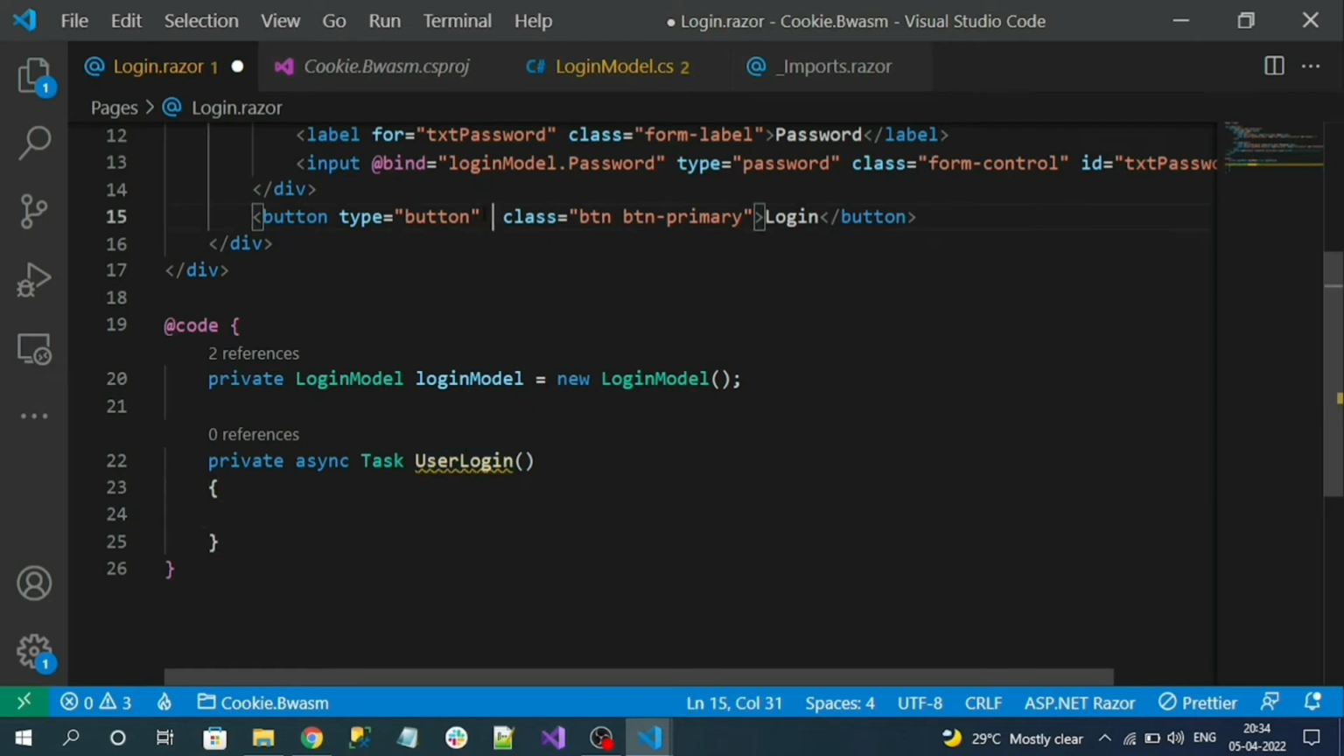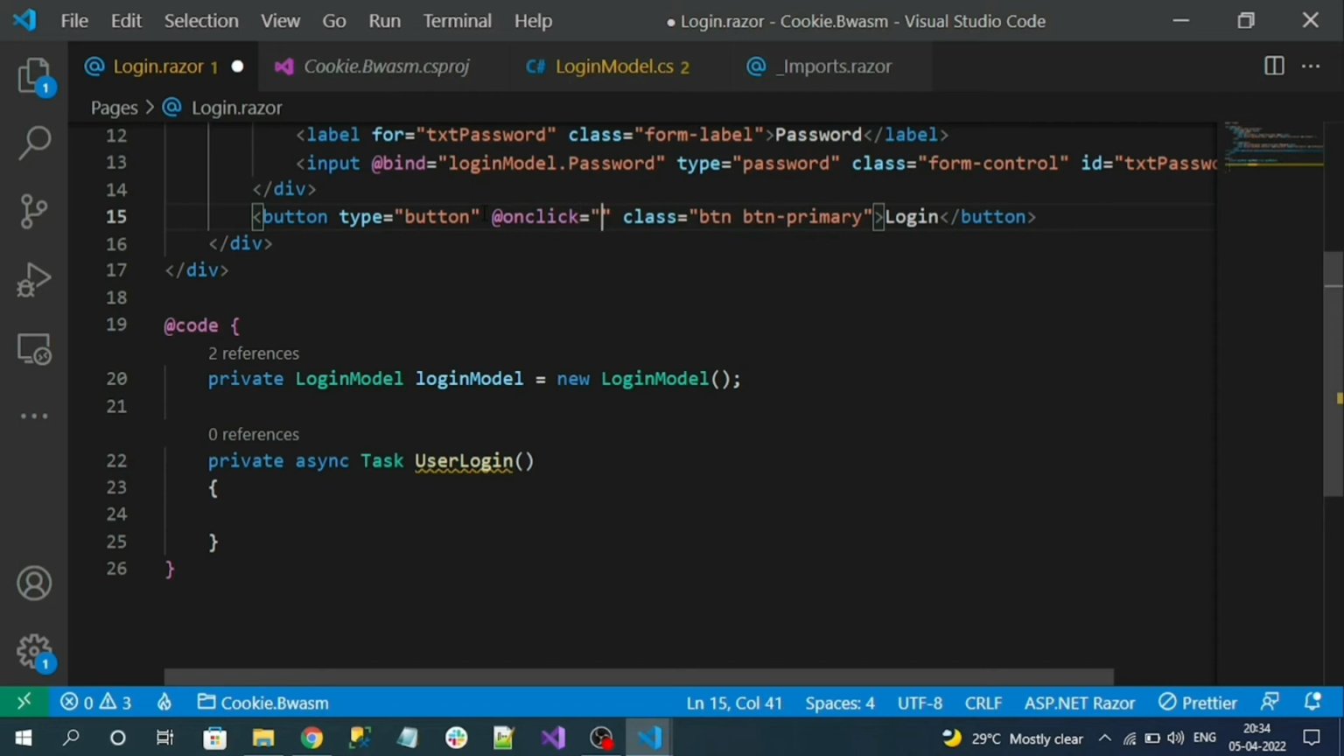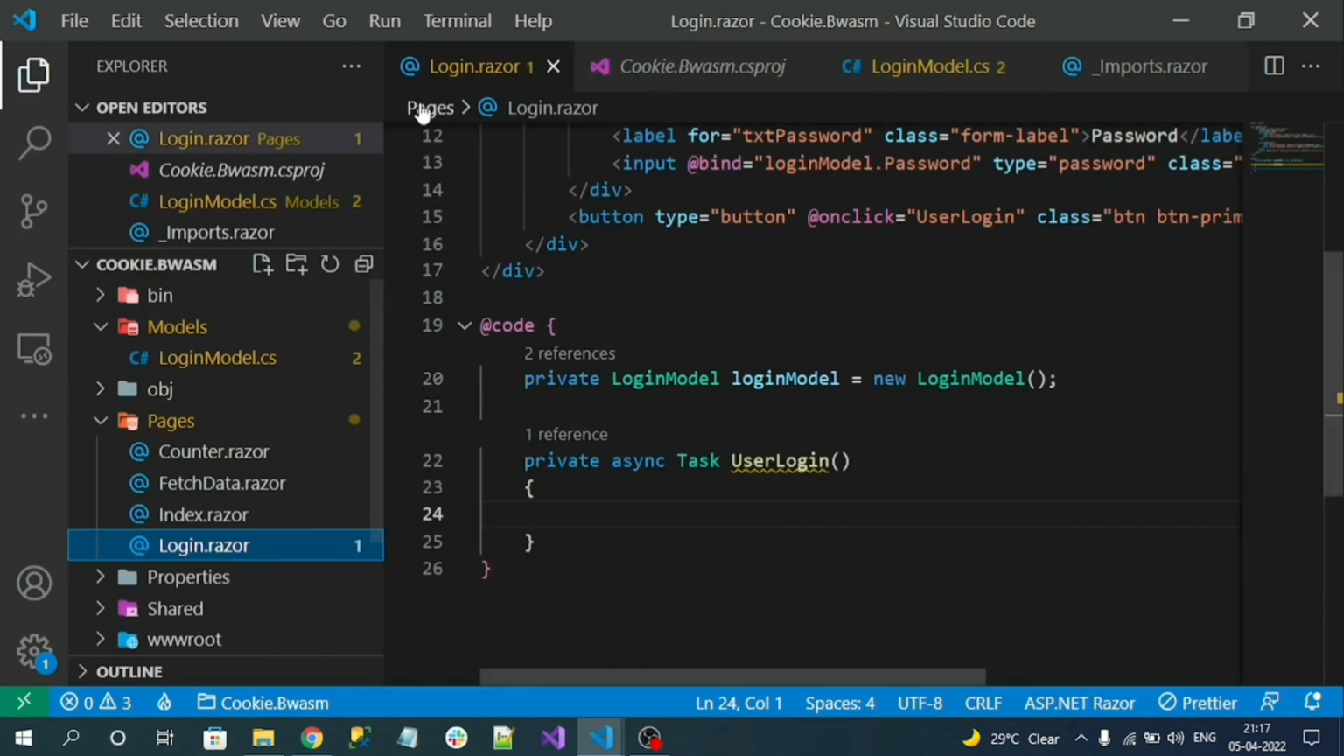So here I can register for @onClick method with my user login method. Now in this user login method, we have to invoke API, right? So let's create a logic files where we are going to implement all our API calls. Okay. For that,